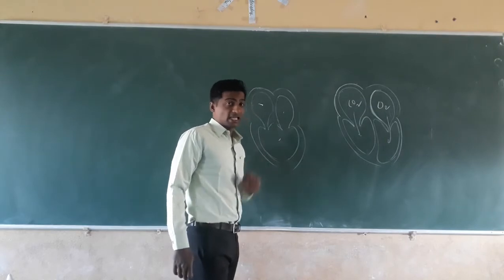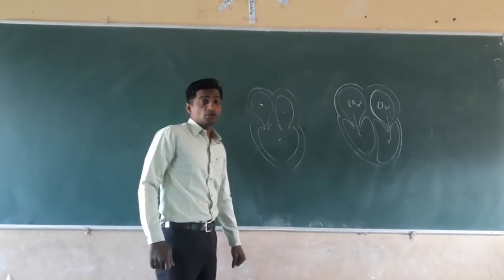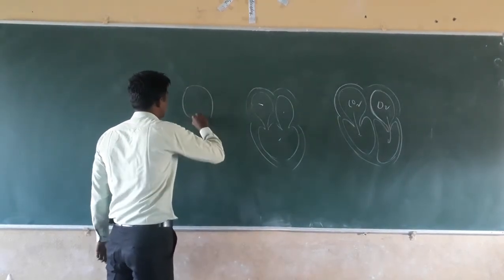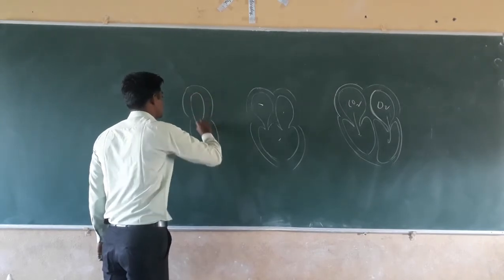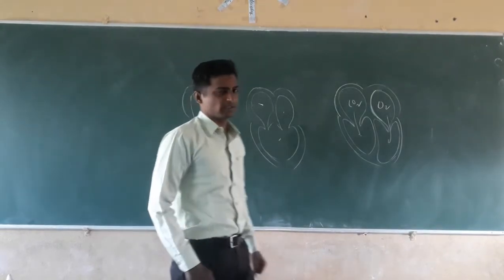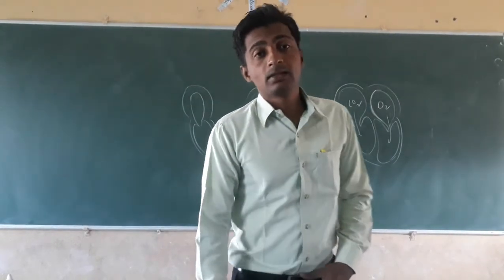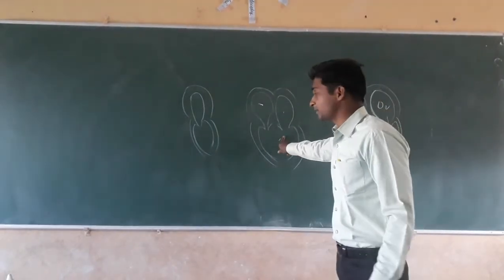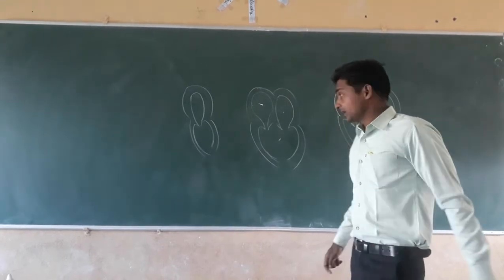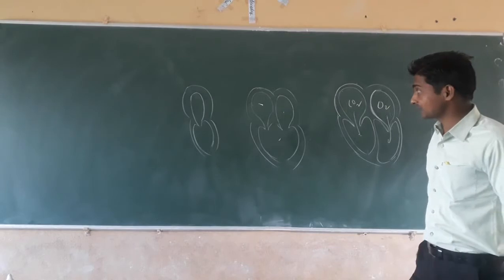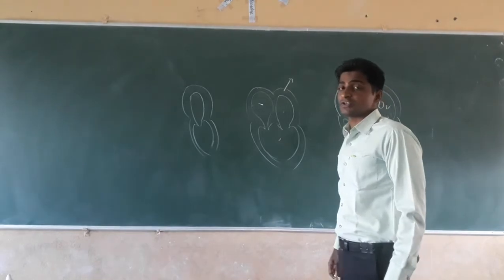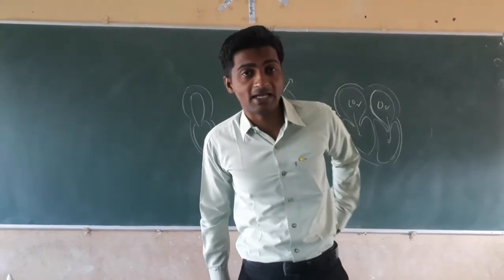Like that, in the case of the two-chambered heart, in fishes, the oxygenated and deoxygenated blood gets mixed. In the three-chambered heart, mixing of pure and impure blood is going on. Why is it going on? It is because all amphibians, reptiles and fishes are